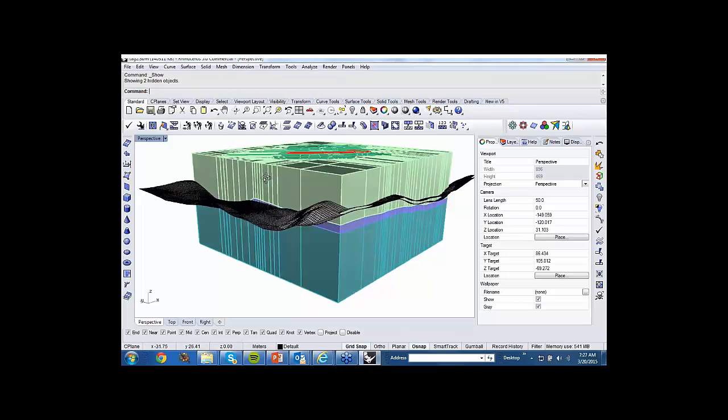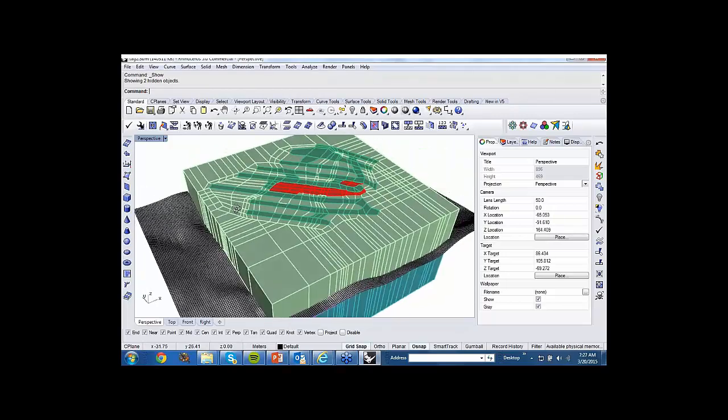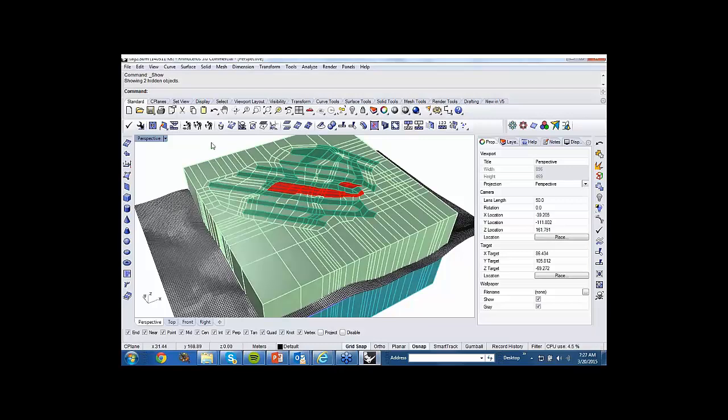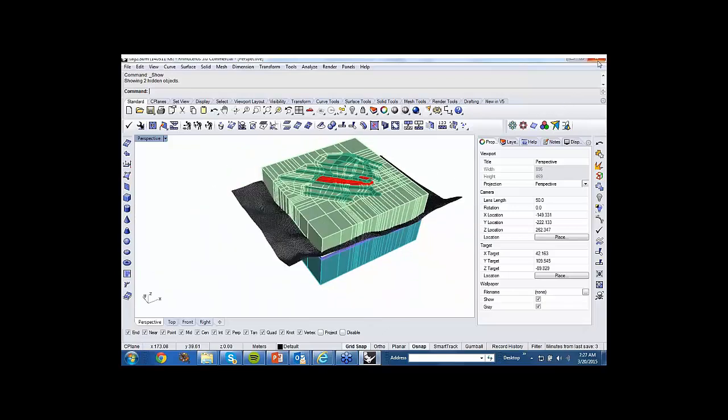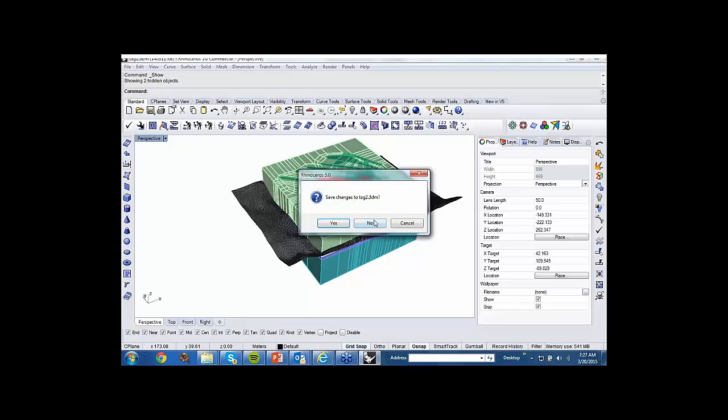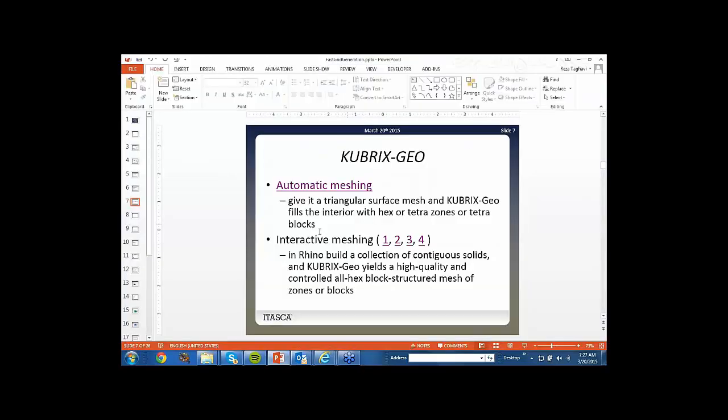The generation of this mesh is usually less than a day, typically less than half a day if you have done that before. If you haven't, maybe it will take a couple of days. Okay, so I'm going to get out of this particular example, and I'm going to move to the next chapter,